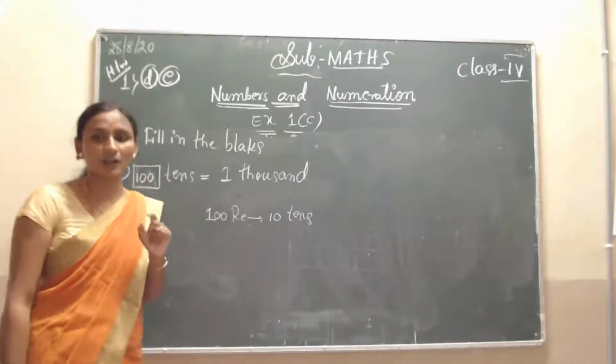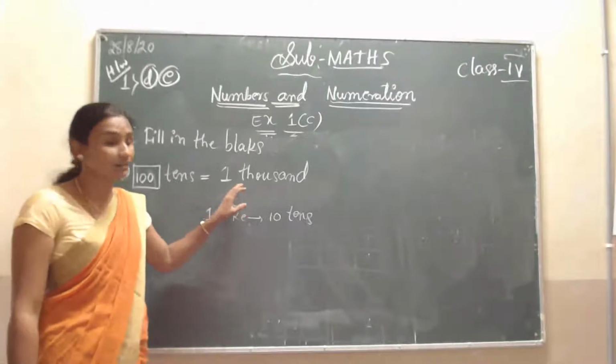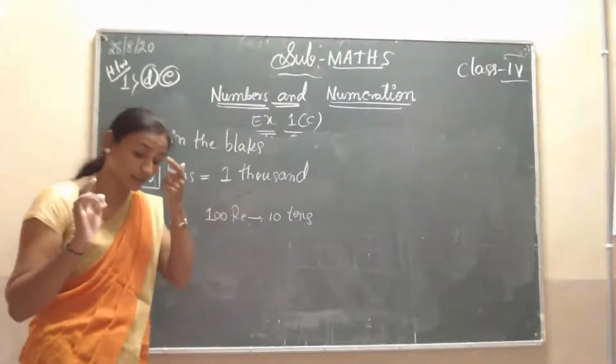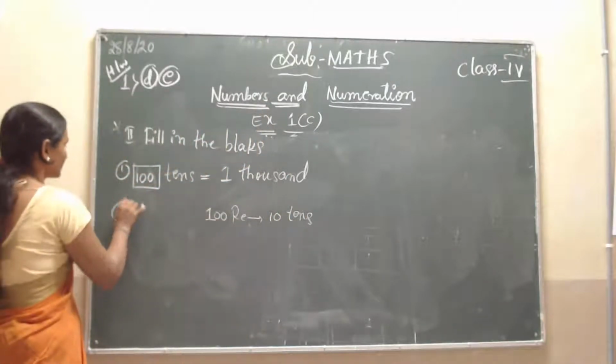100 tens of rupees. How many 10 rupees? 100. So the value is 1,000 rupees. Okay. Next question, in B1,